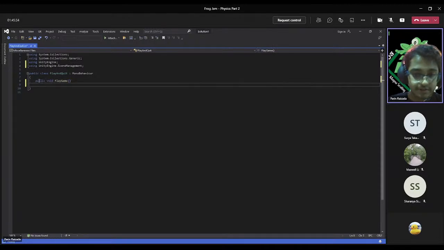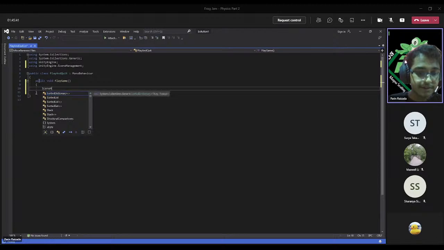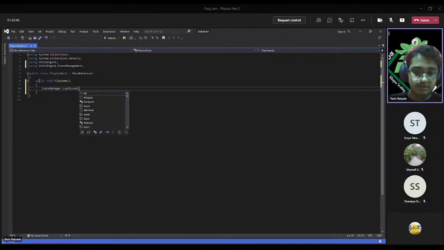Inside of this, we create brackets and type in SceneManager.LoadScene, and over here you have to type the name of the new scene, which in this case is called level select;